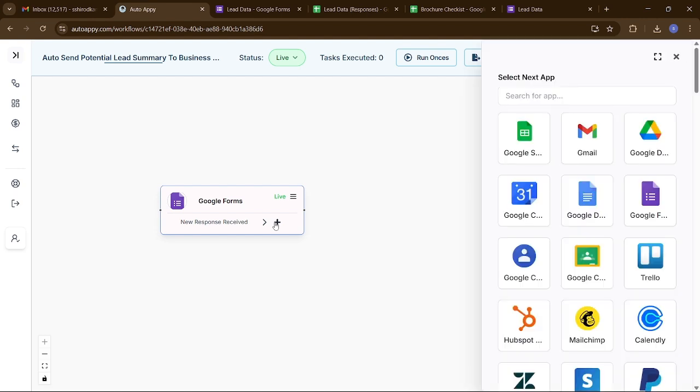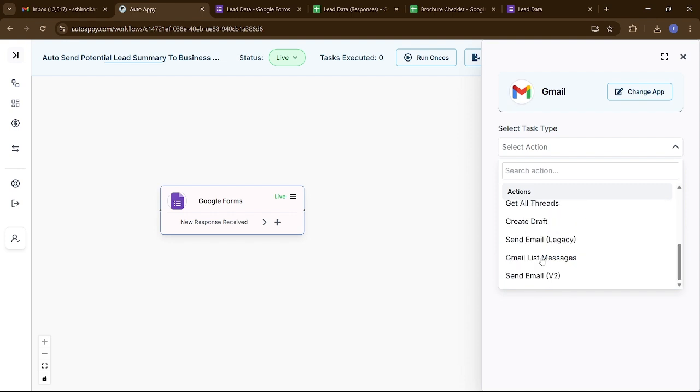So let's go to the plus icon here and then it prompts us to select the next tab, so that we have to select the next action node. So this time it's going to be Gmail. Since we can already see it here, we'll just select it from here, and you can always go into the search for the application section and search for it. Let's just say Gmail,